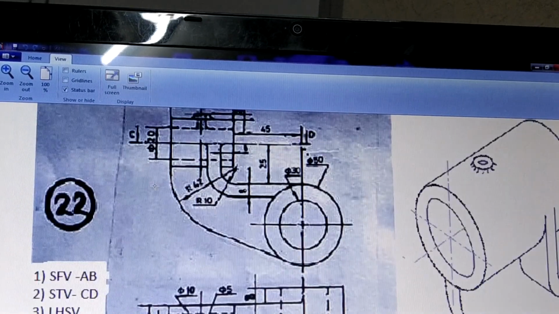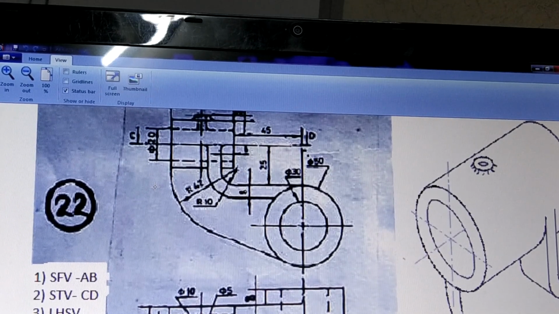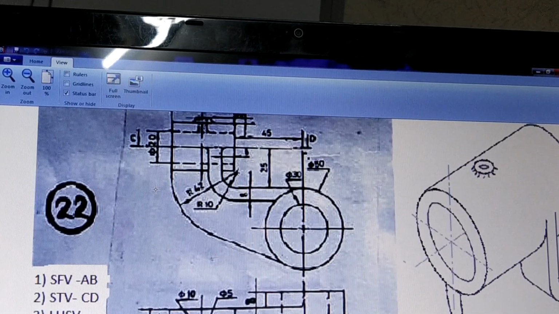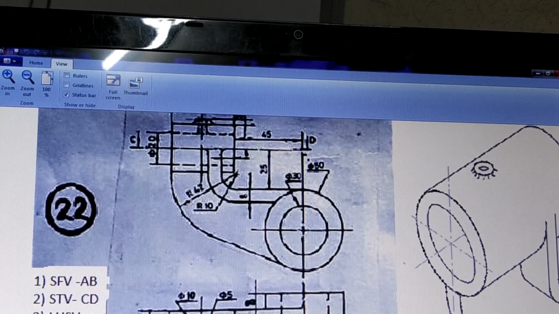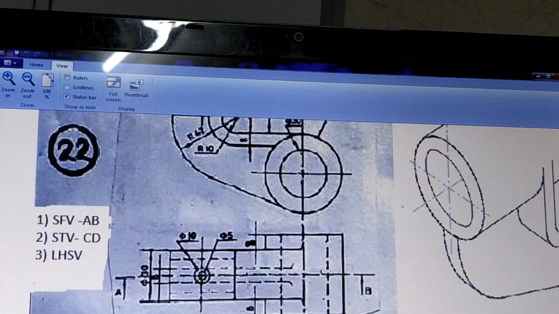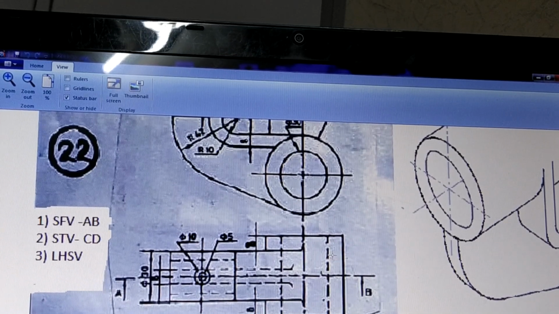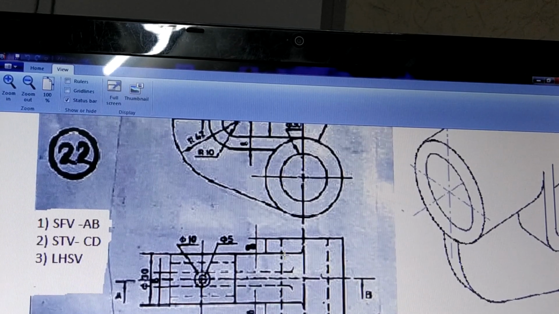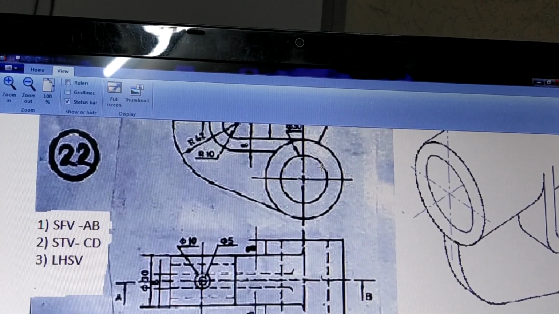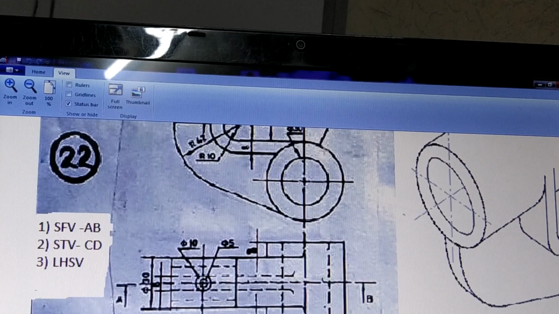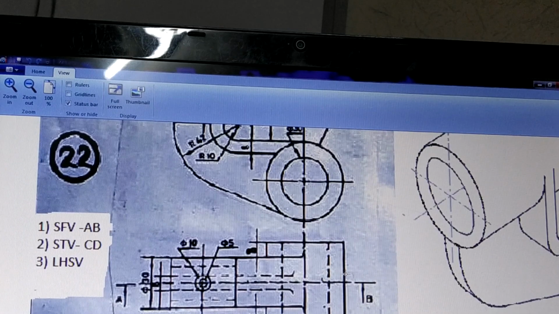So there is one object shown. This is the front view of the object and this is the top view of the object. Now as we have discussed earlier, what we have to do is observe the object in vertical line and match and see what happens. So this is the front view, this is the top view below. So you can see that whatever is shown here is to match with whatever is shown down here in the top view.